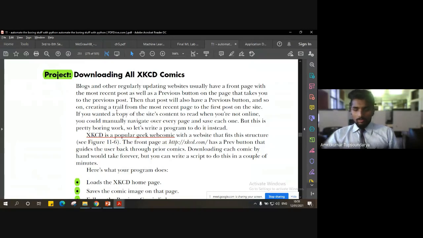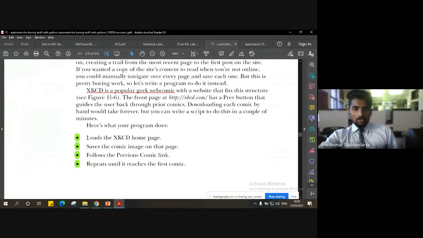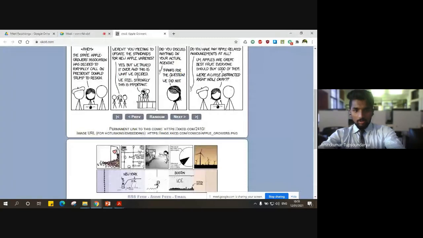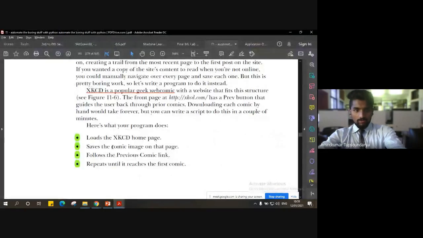So, what are the important steps for that? We are going to load the XKCD homepage, like I just opened the site, right? We are going to save the comic images, right? Let me show the website again. So there are different types of images as you can see for this particular comic, right? So we are going to save those comic images on that page, and then we are going to follow the